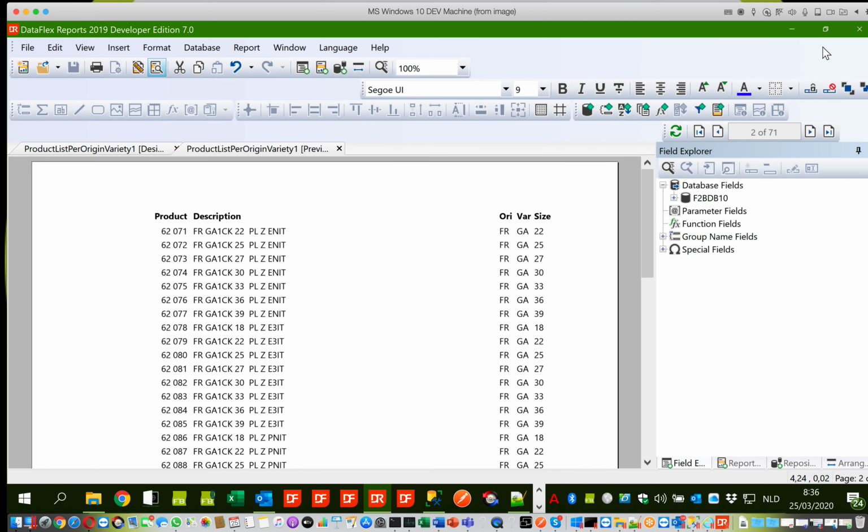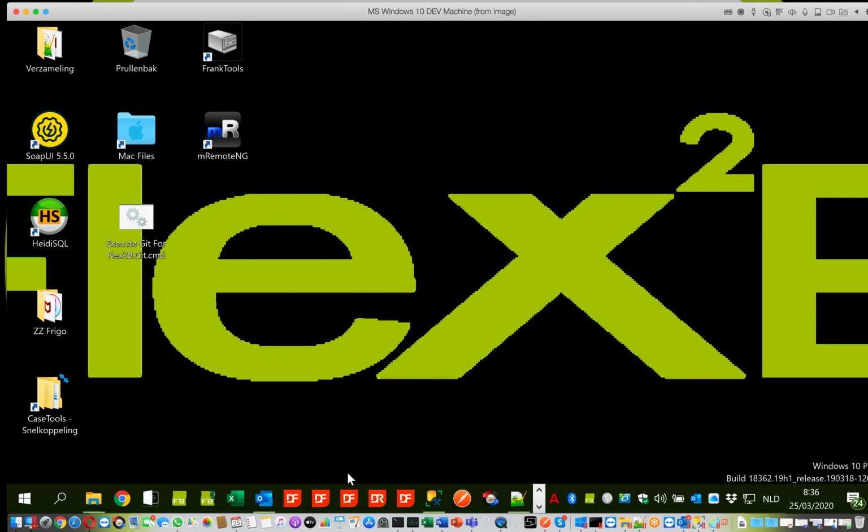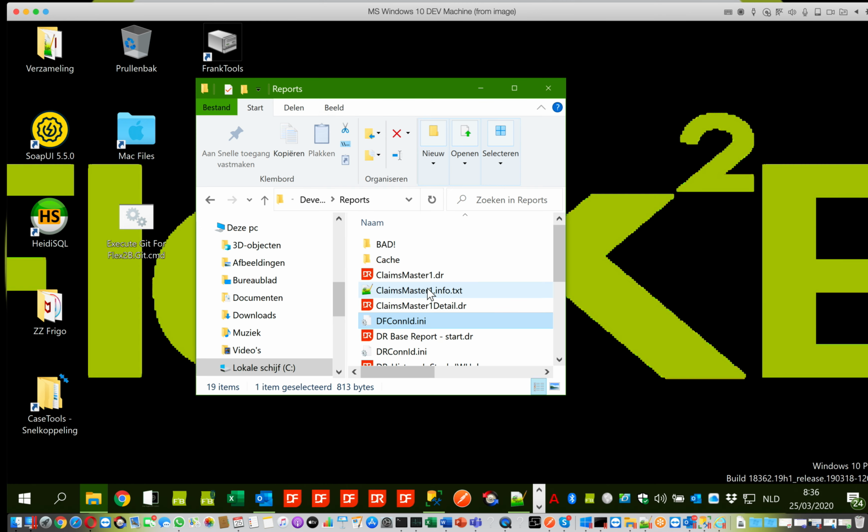We save it, close DFReports, and now we can start integrating that DFReports report based on the dfcon.ini that we can even manipulate in the application with our